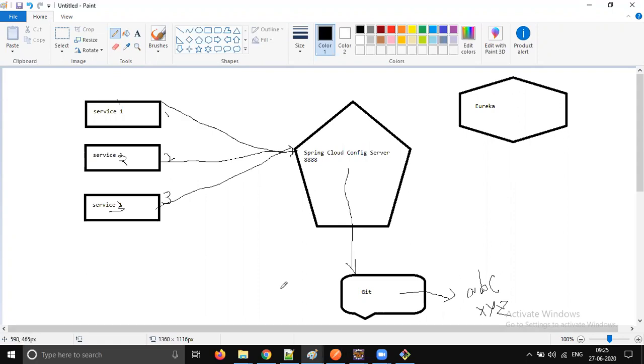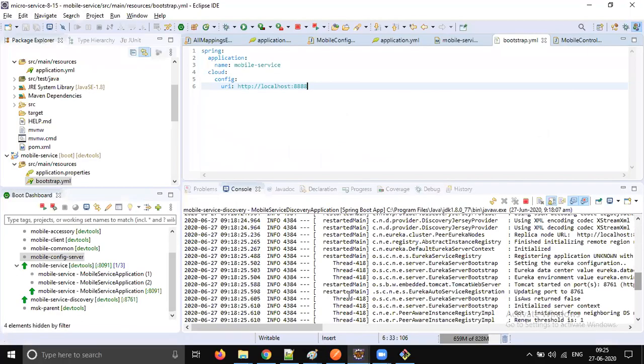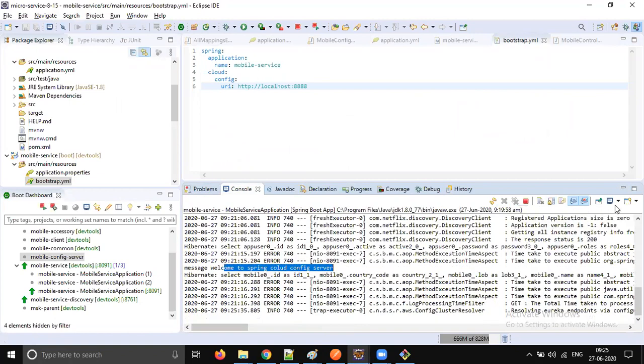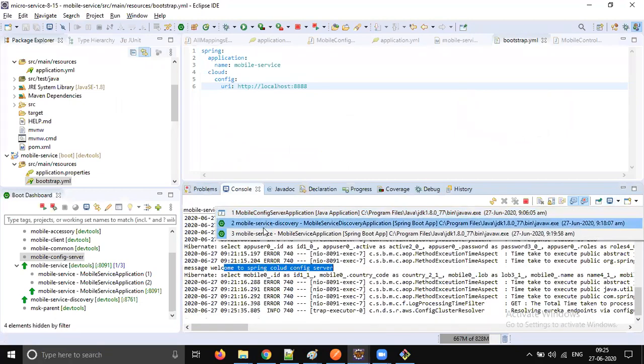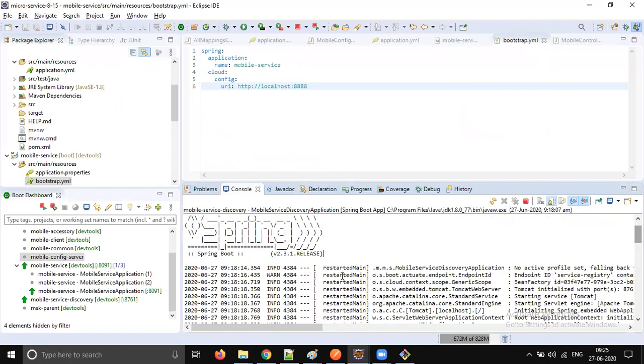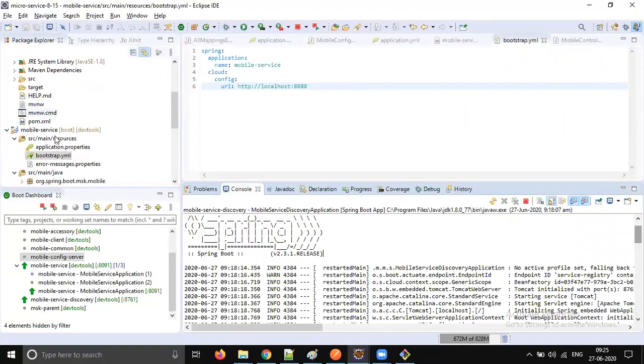But anyway, what is the default behavior? Your application is going to load configuration from the config server by resolving your application name as a properties file. And look at our mobile service console. If you have profiles, for example production, maybe for production you have a different configuration file, and of course you will have it. For production you have something, for SIT you have something else, and for DIT you have something else.